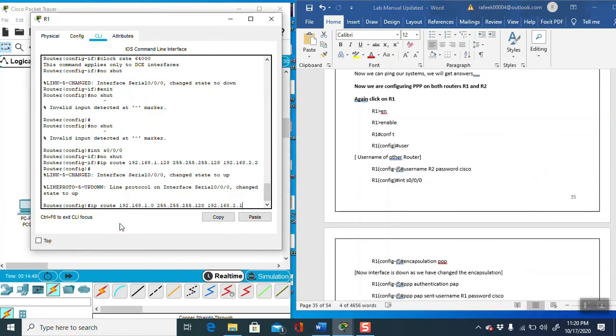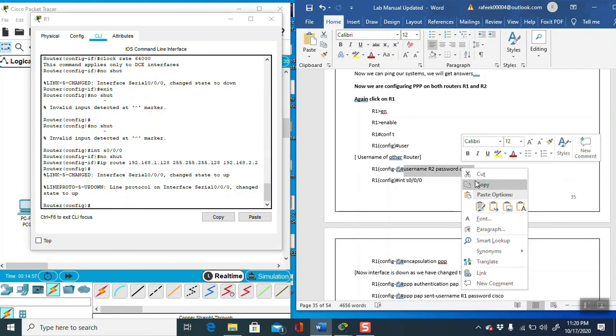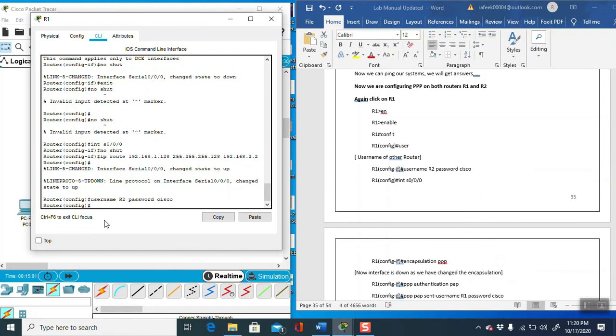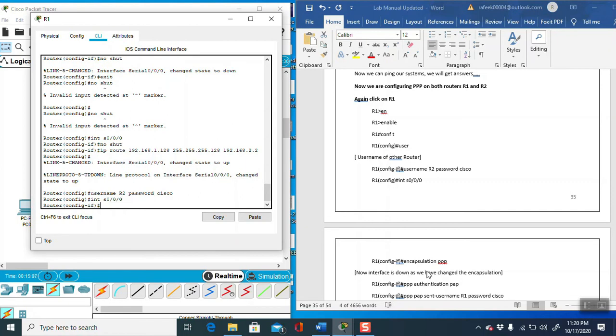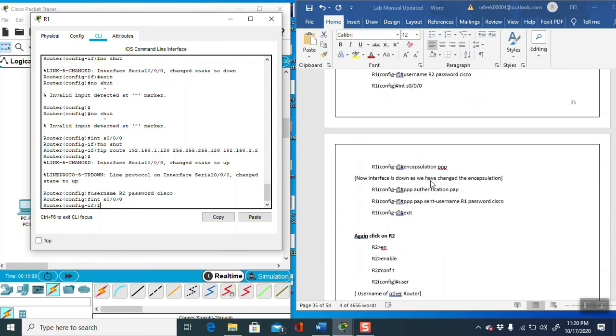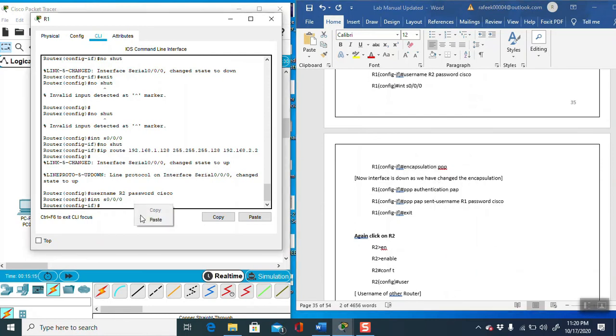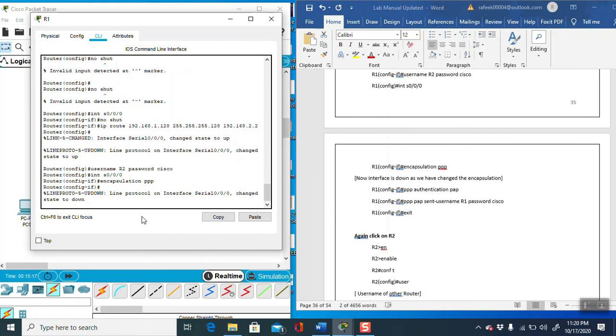Copy this command, Cisco, then interface S0/0, then we have to provide the encapsulation command, PPP.